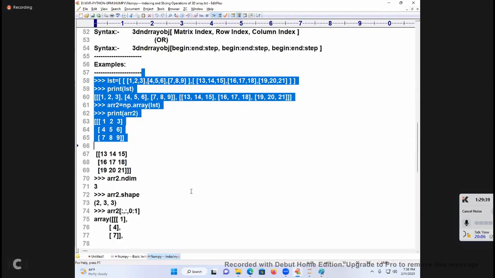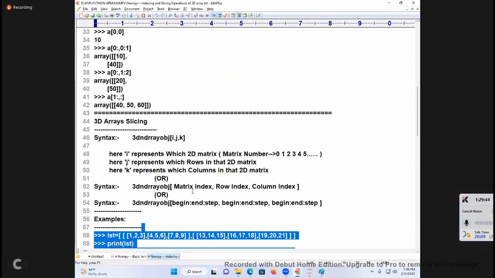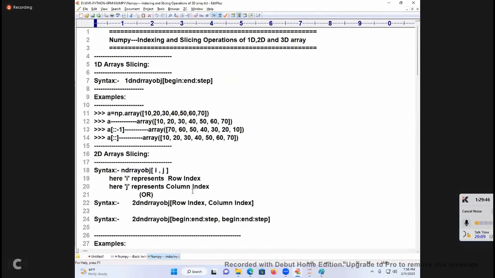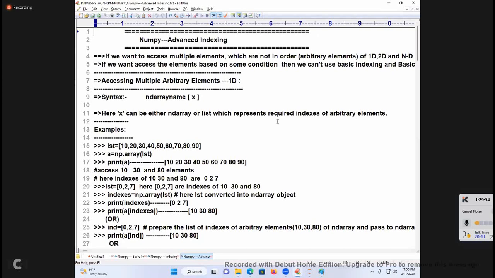Whose examples? Are you following? This is called what? Indexing. Now I will go for advanced indexing. I will show you. That is called the Boolean array concept.